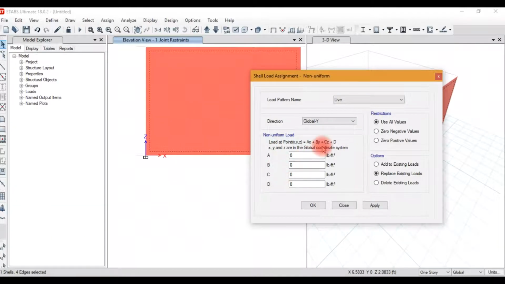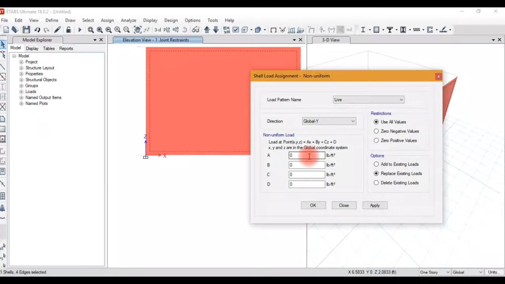So for this purpose, the load at point x, y, z is equal to ax plus by plus cz plus d. Here a and b are equal to 0. We do not change the load magnitude in the x or y direction.